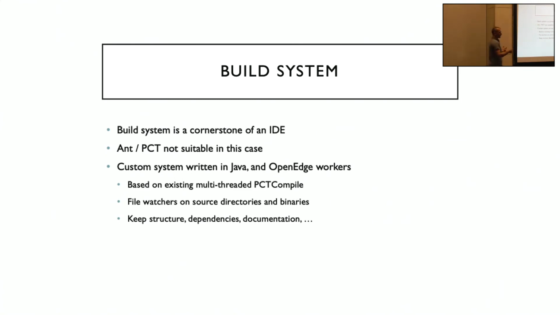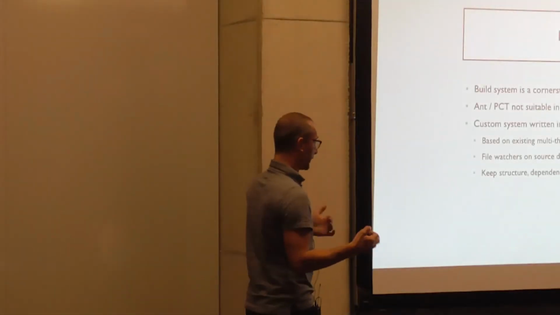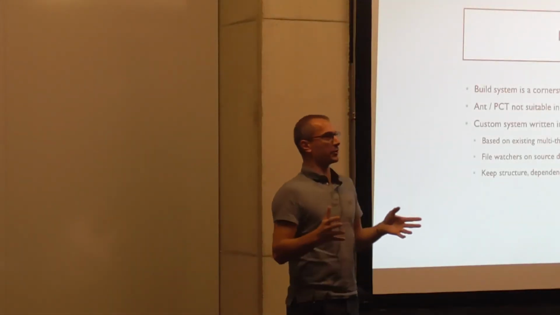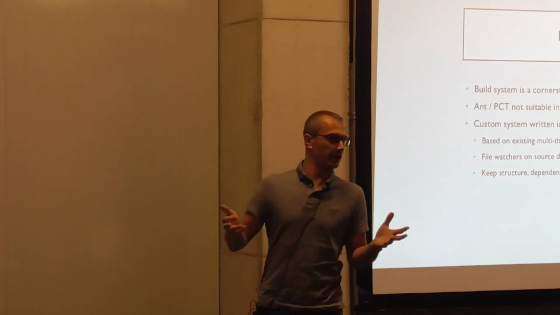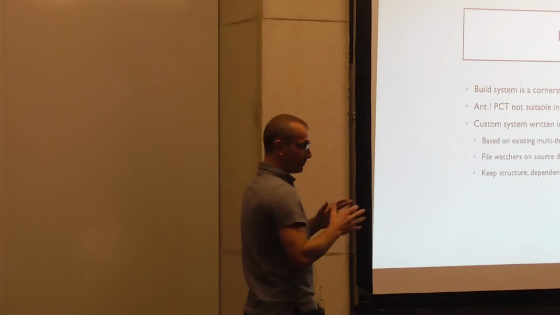Whenever you modify a method signature in a class, the system has to be able to say this method is being used in all those other classes. I will only recompile those ones. So it has to be smart enough to immediately trigger the build of the required dependencies, and it has to be done in multiple threads. So in order to make that as quickly as possible, that will be executed in multiple threads.